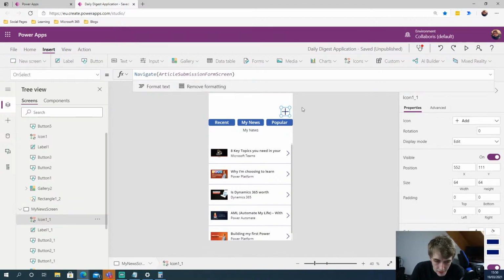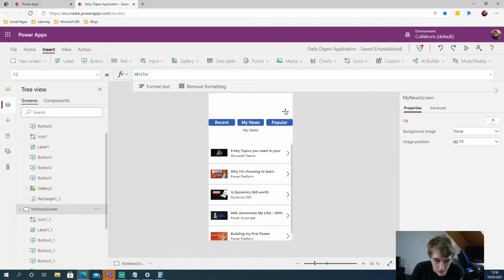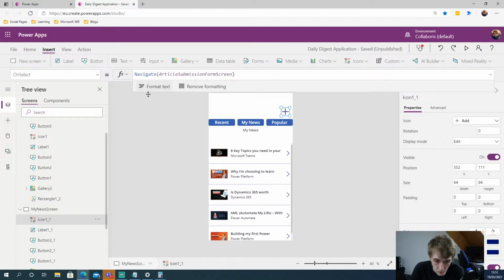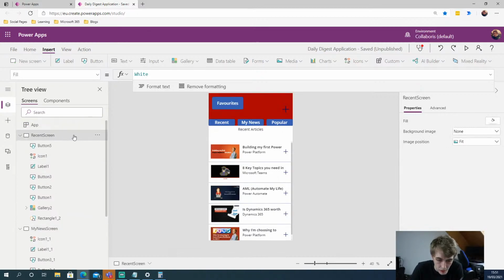We've got this plus icon. Now what we can do is create this on our component itself, because it's going to be the header which never changes. It's always going to be the same, even though it's dynamic, and we can change that little fade that we had between switching between apps. But we can include all these other tabs that we have on here. For instance, when I go to the recent screen, we've got this favorites here. But we can include that in a hamburger menu, which we'll get to as well, all inside of our header